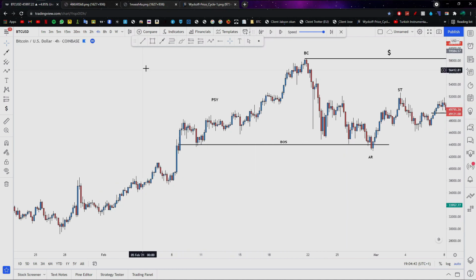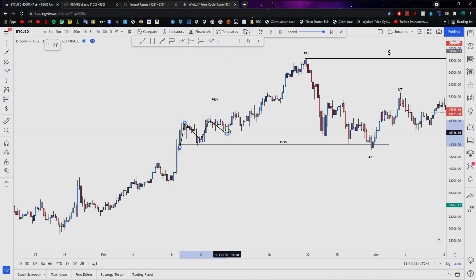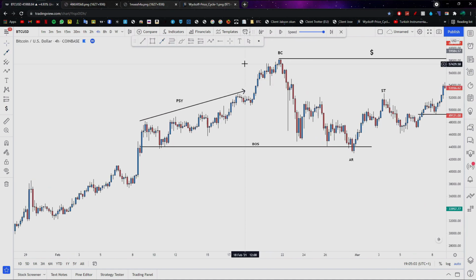What we saw before the preliminary supply is that we saw strong bullish movements to the upside, right? And this was slowed down by the rally, the preliminary supply. We can see that here, it slowed down, and it created liquidity. We can see an area of liquidity has been formed, right? And what happens is, our buyer's climax will grab this liquidity, and then we'll see an order being placed here.